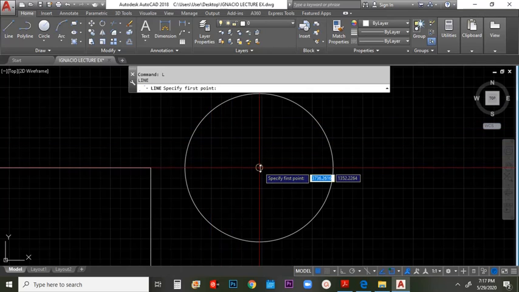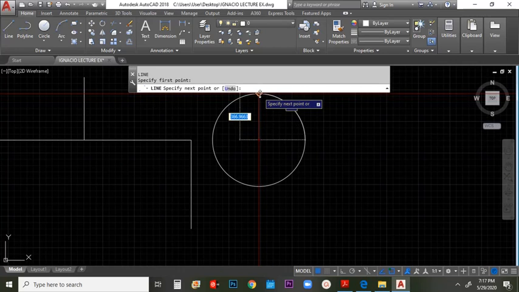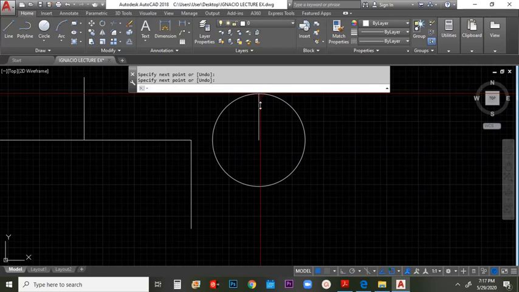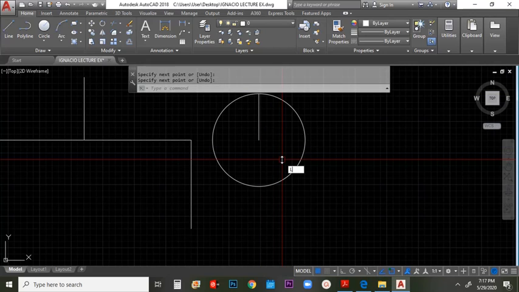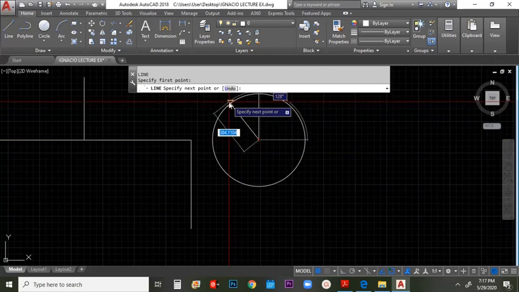That would be the center of the circle. Click it there, drag it up, and then you have your reference quadrant of a circle. Click there and enter.